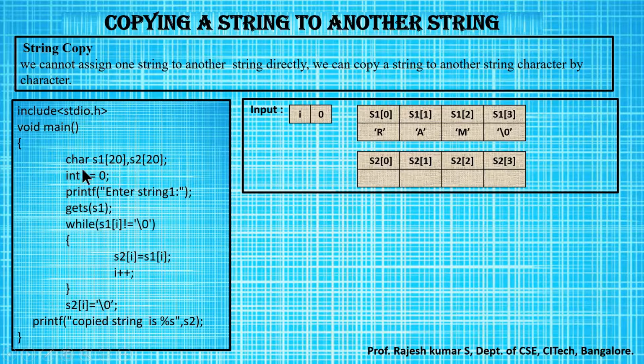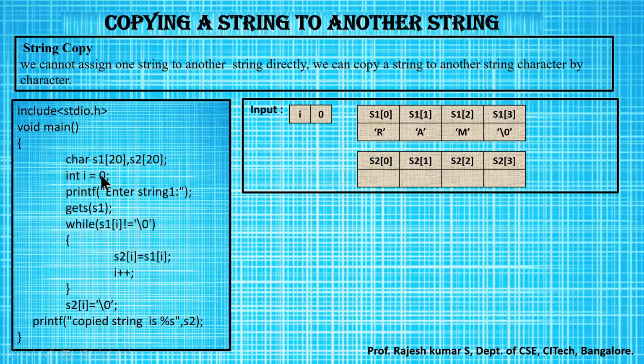All the statements written inside belong to the function main. Main is a function. So in the very first line, we have to indicate what variables are required in our program. Here, the variables required are the S1 array and S2 array. Both should be character arrays. So I've written S1 of 20, S2 of 20. I've taken the character size as 20, but here we are storing only 3 values. By default, a null value gets added since it is a string.